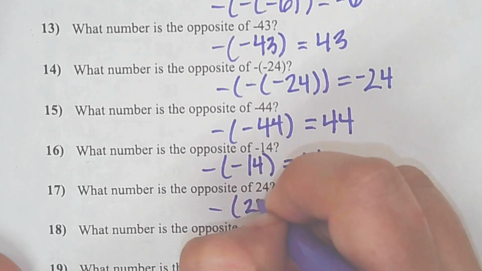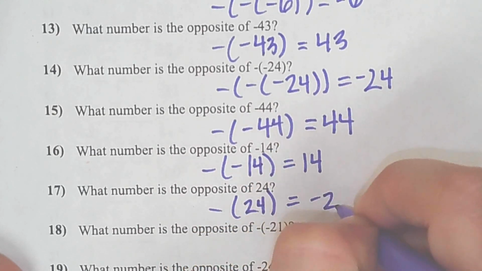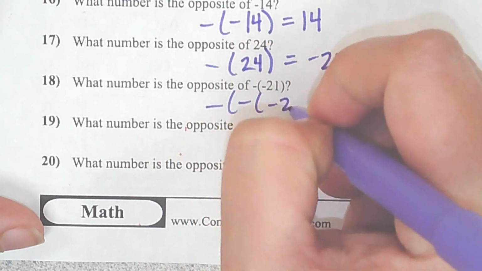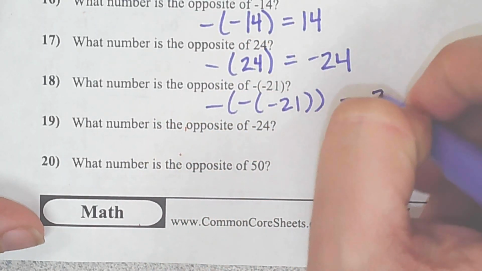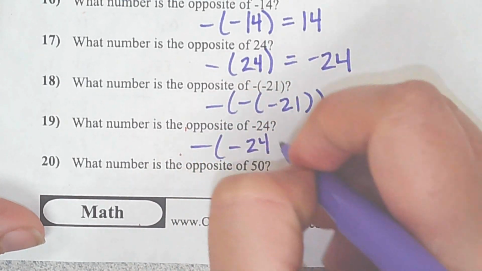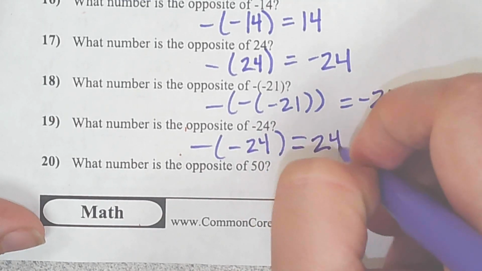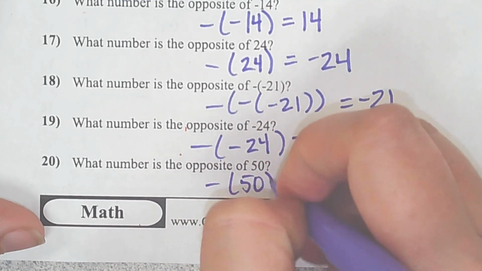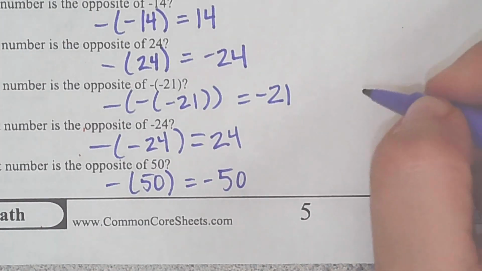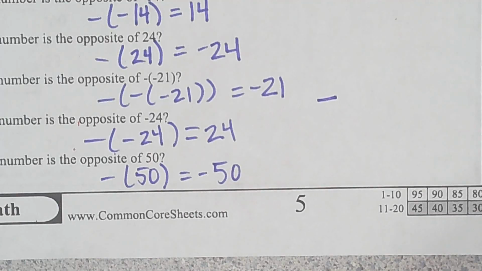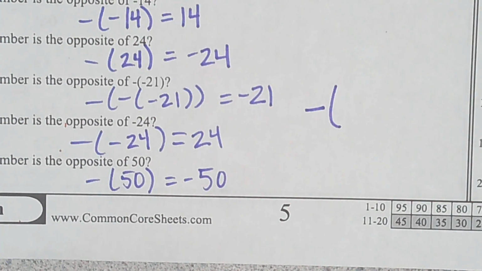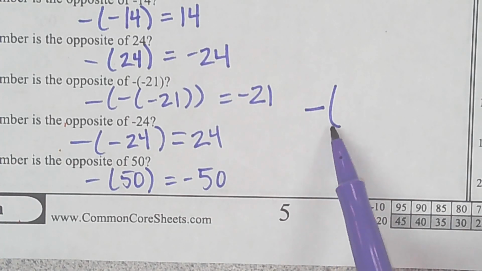Opposite of 24. The opposite of negative 21. The opposite of negative 24. Opposite of 50. Draw one more and say it with me as I write it. What's that symbol mean? Okay. But now that I have that there, opposite of